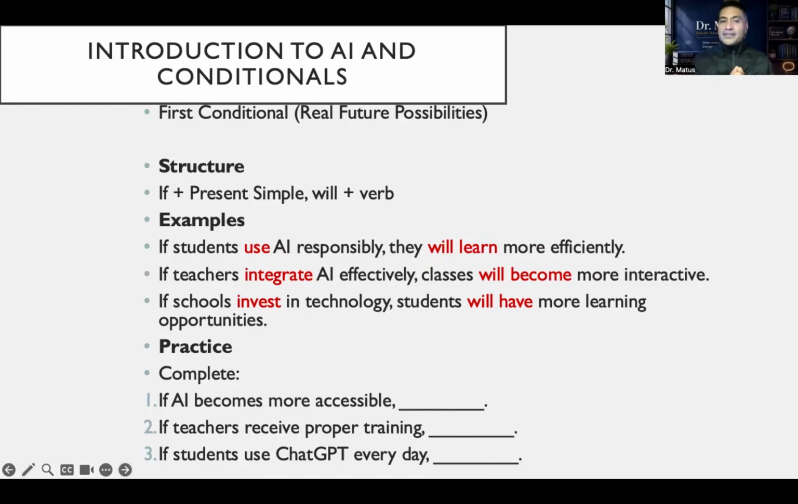Now let's practice. Let's complete these ideas. You can complete them in your copybooks, okay, and then ask for feedback if you've got a tutor, or you can do that with a colleague whose level of English is higher than yours, but then that could foster also peer feedback and correction. So if artificial intelligence becomes more accessible, if teachers receive proper training, if students use ChatGPT every day,